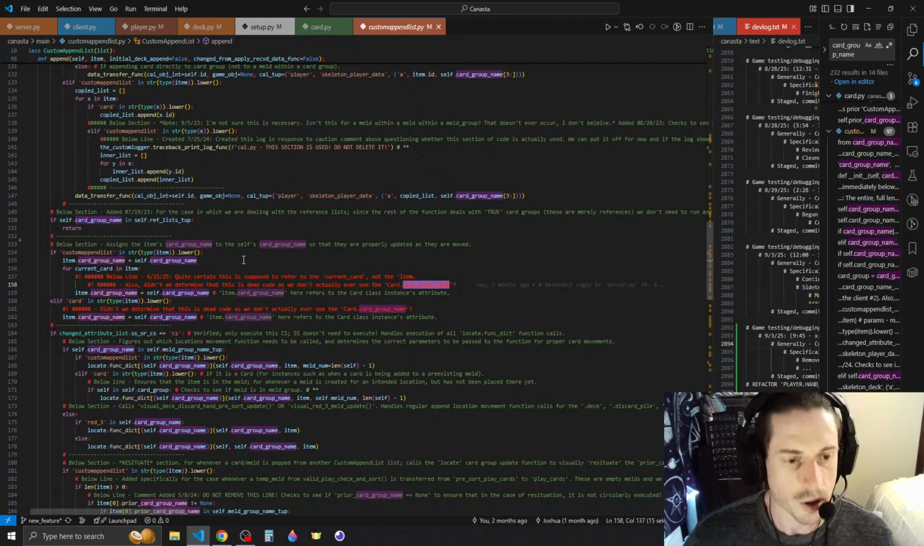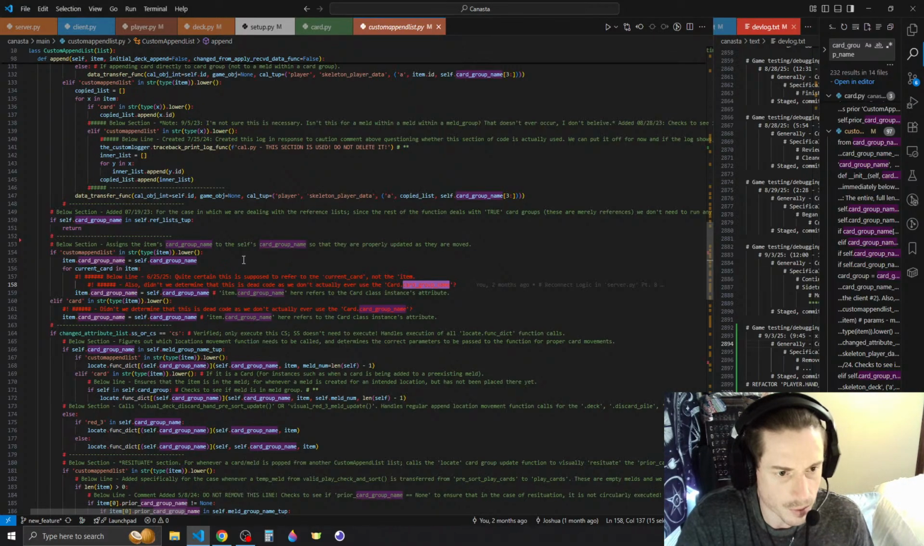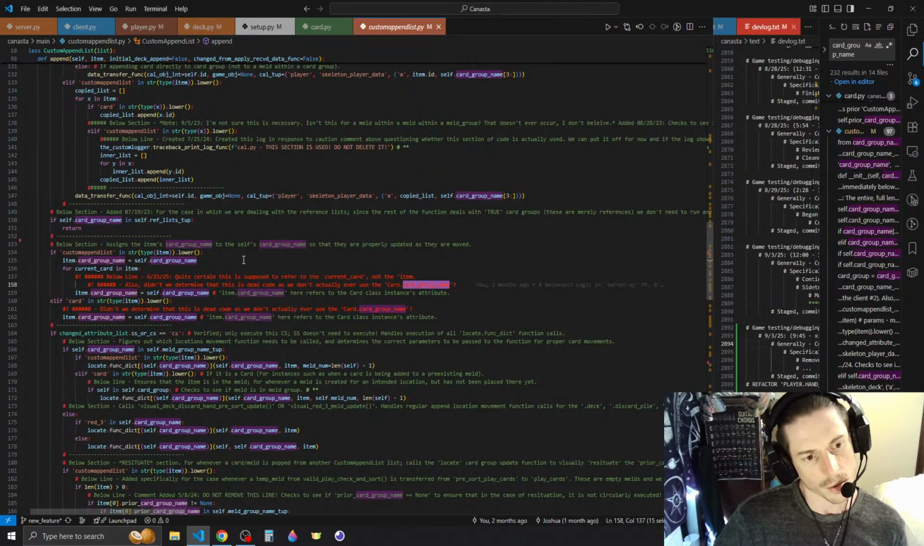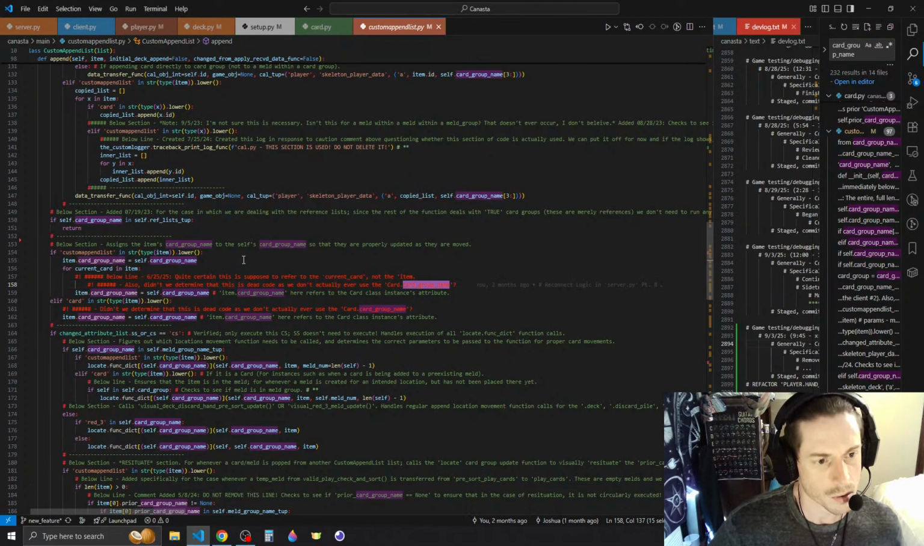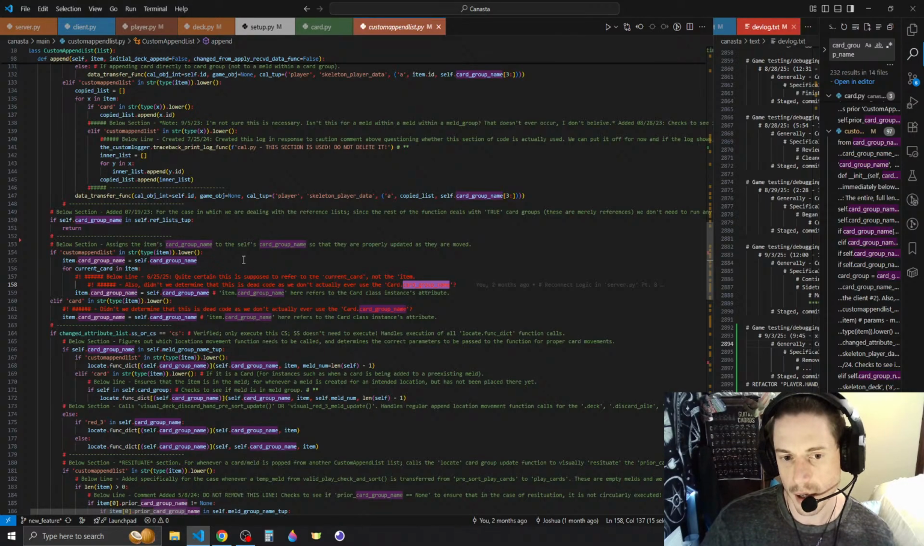See, this is where it gets confusing, and I'm still confused about this. We gotta figure this out here, because we have this section which will... This is attempting to... it says assigns the item's card group name to the self's card group name so that they are properly updated as they are moved. So the goal here is